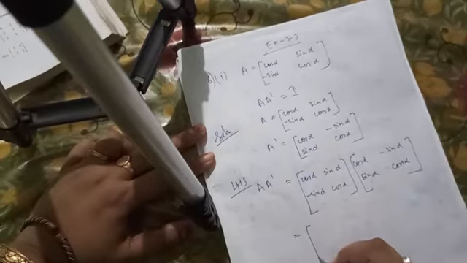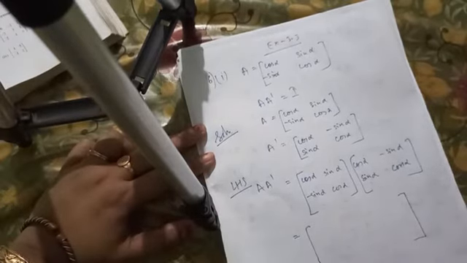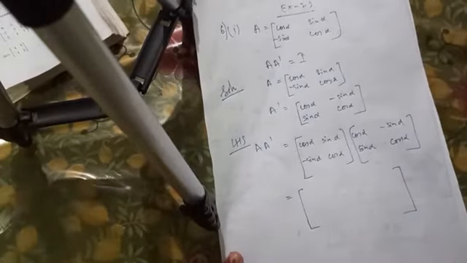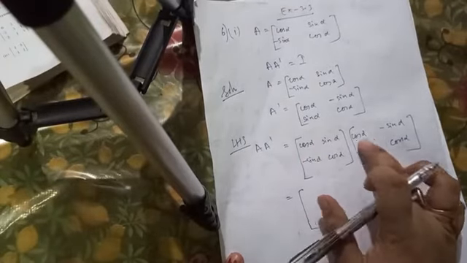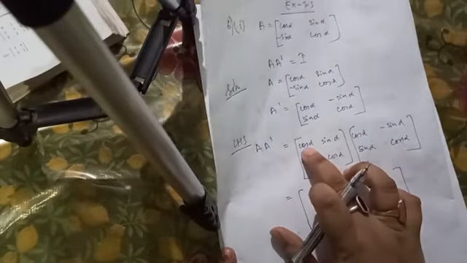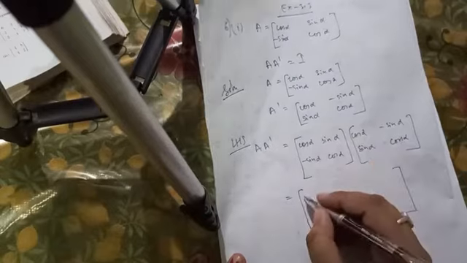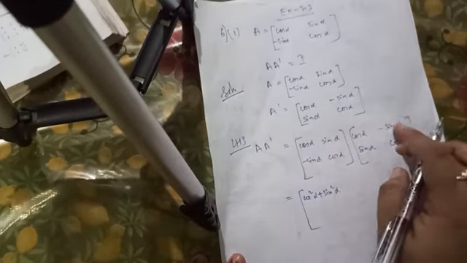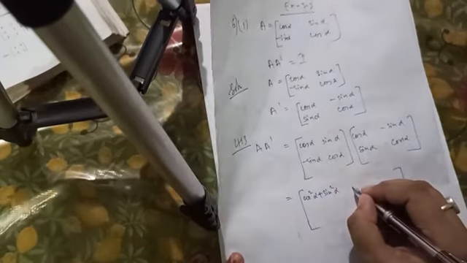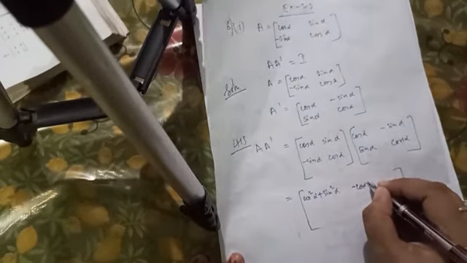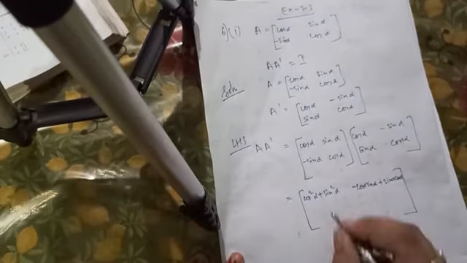Okay, so here what will be the product? Output will be 2 by 2. Since the matrix is 2 by 2, the output also will be 2 by 2. That is, we'll have 4 elements, is not it? So first row you have to multiply with first column, first element multiplied with first element. So it will be cos square alpha plus sin square alpha. The same row we have to multiply with the next column. So it will be cos alpha sin alpha plus sin alpha cos alpha.